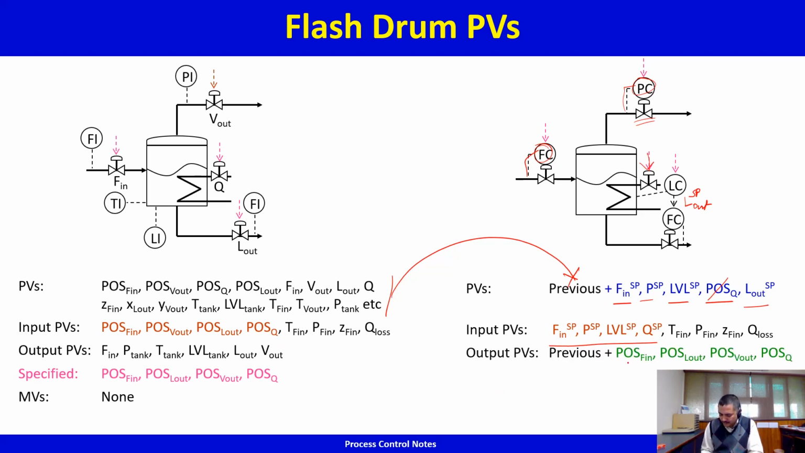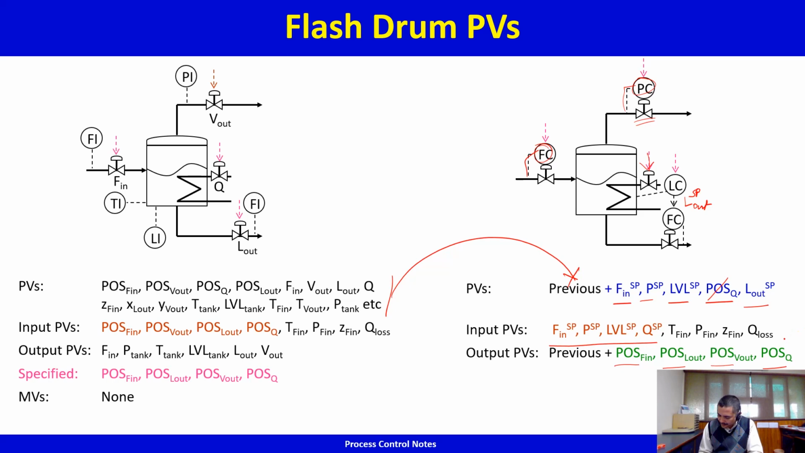Output PVs. Flow in controller adjusts position F in. So position F in is a dependent variable. It's an affected variable. It is changed in response to changes in flow in or F in set point, and by the action of the flow in controller, and therefore it is an output PV. Similarly, for similar reasons, this is also an output PV, this is also an output PV, this is also an output PV, and I can also add